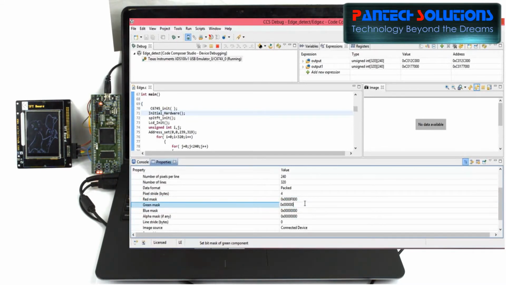The masking value depends upon the color image format.